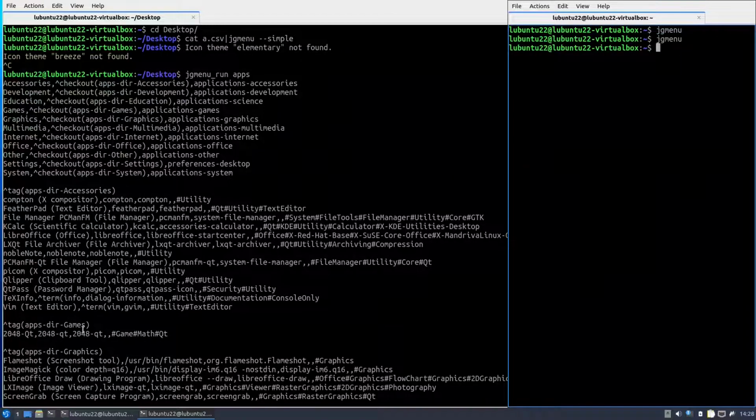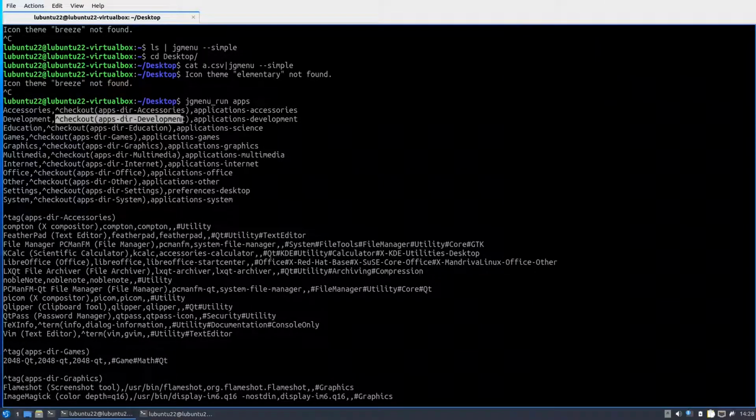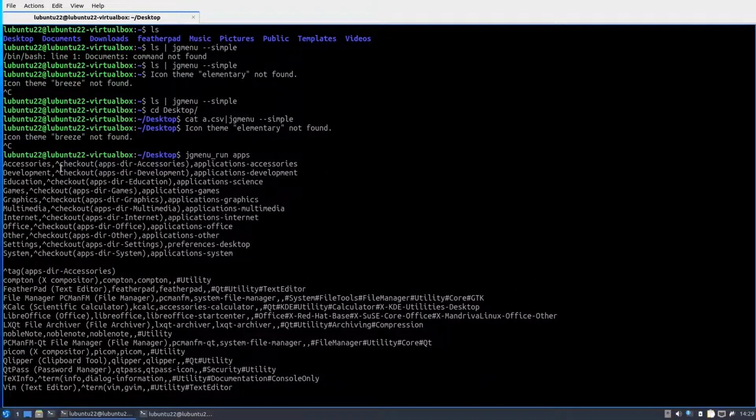And afterwards, there are the games. So development and education: when it says where is it, it doesn't exist, so it will not put it in the menu. Here, if you want to have a submenu, what you have to do is put a name, put the submenu, what is it called? Let's say apps directory accessories,